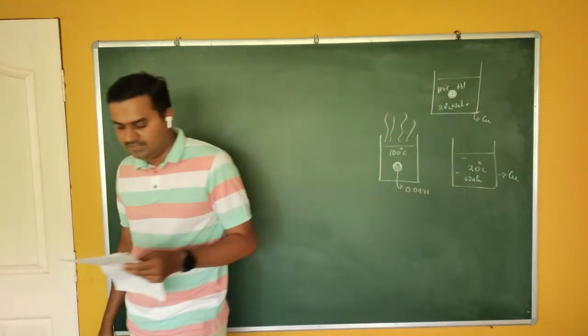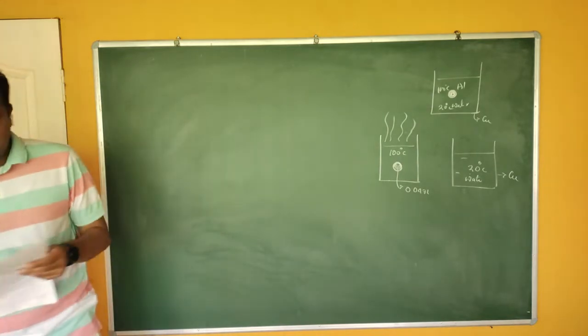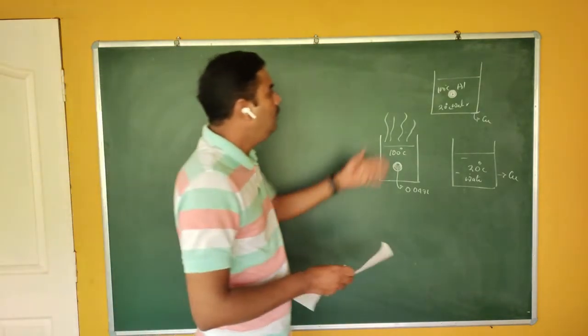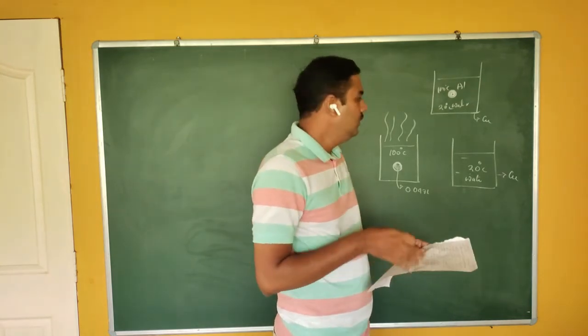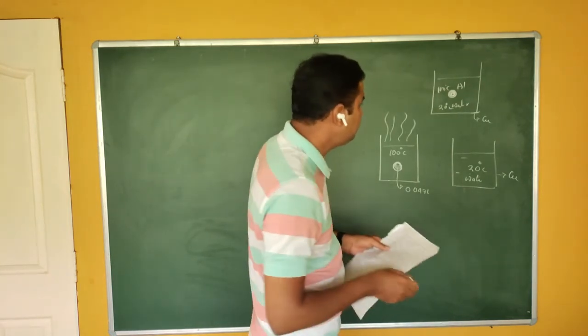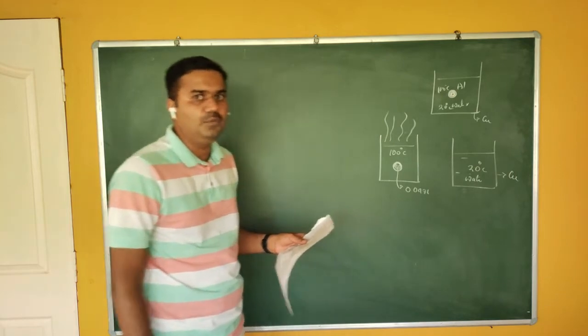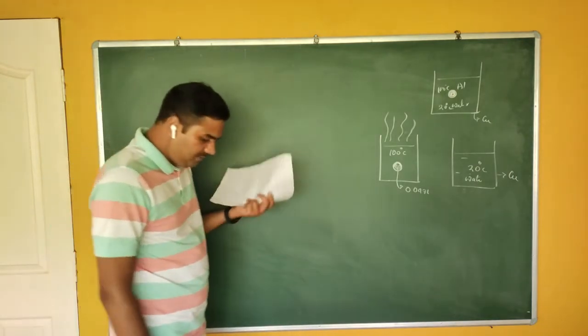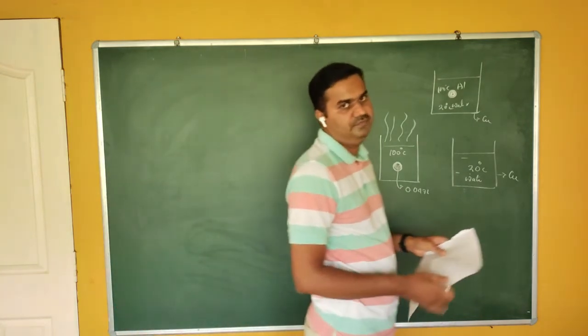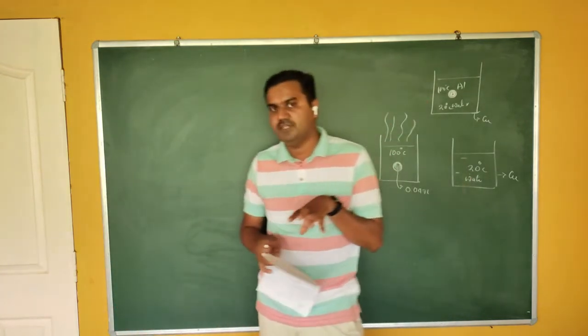The given question is that we have to find the specific heat of aluminum. They have given the specific heat of water and the specific heat of copper, and we have to find the specific heat of aluminum. So by using the principle of calorimetry. Now this method is also called the method of mixture.